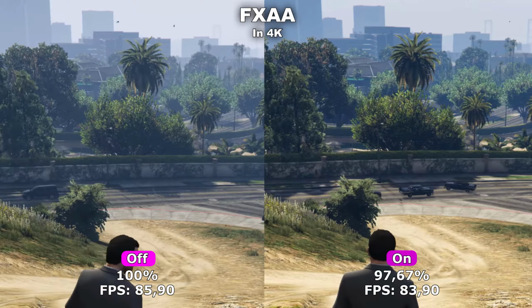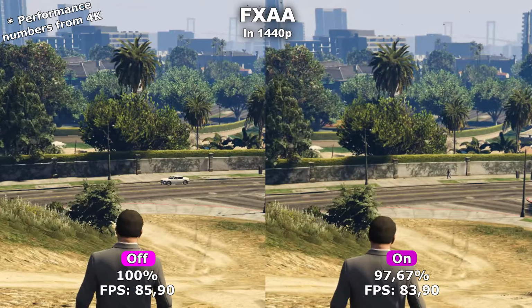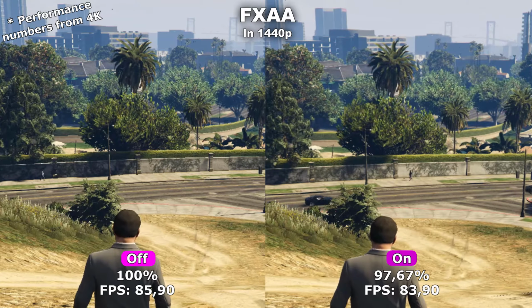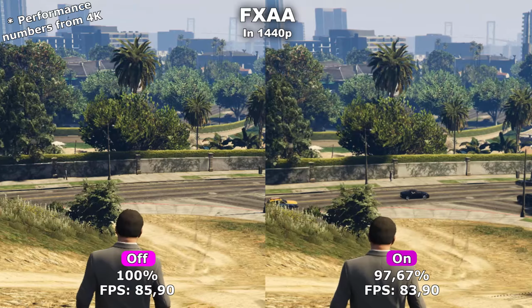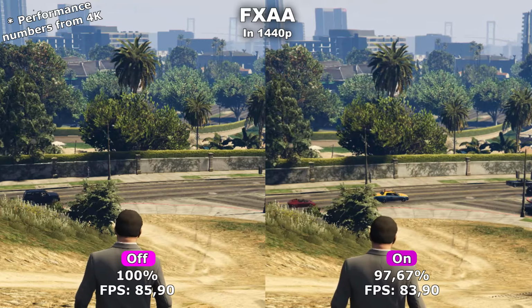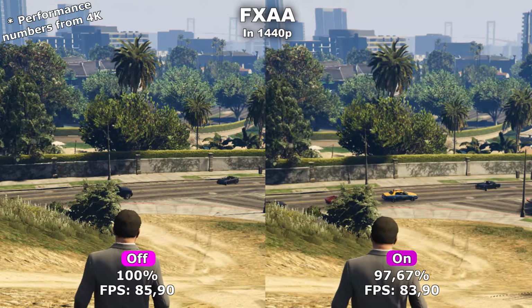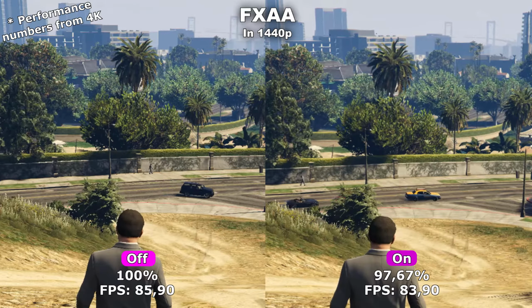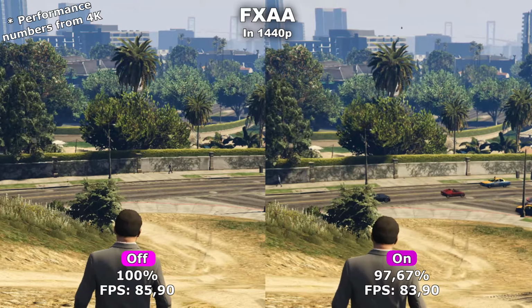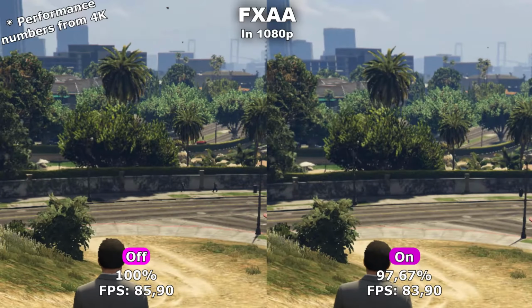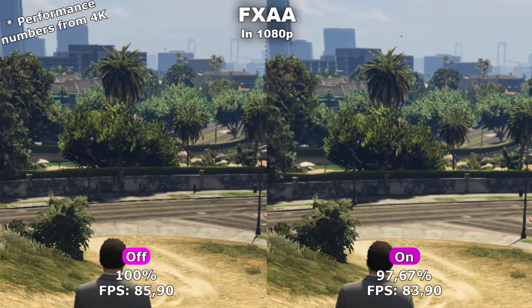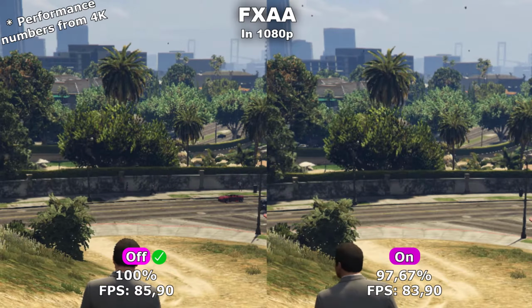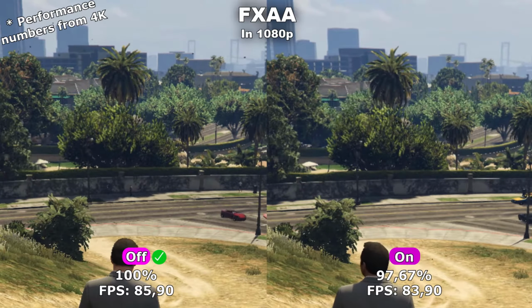I have tested this setting both in 4K, 1440p and 1080p because the recommendation will differentiate depending on the resolution you're playing in. Normally FXAA is the lowest amount of anti-aliasing you can enable, which is also showcased through the negligible performance and quality difference that you get from having it either turned off or on. No matter what resolution we're playing in, I don't really notice any difference. Therefore, I would just recommend to turn this off and instead use MSAA, which we're going to take a look at next.